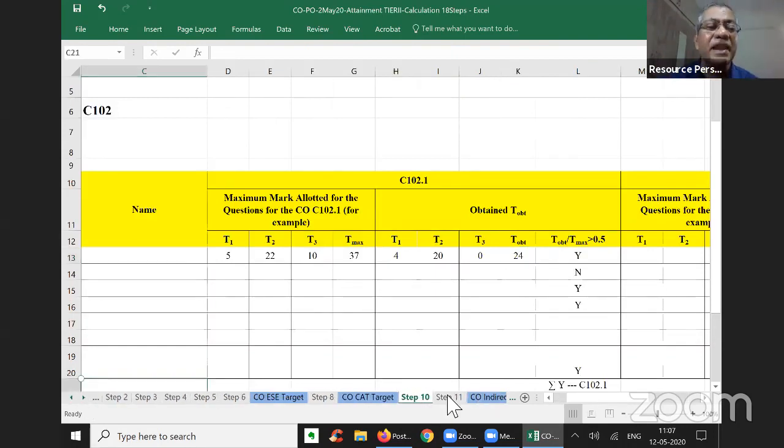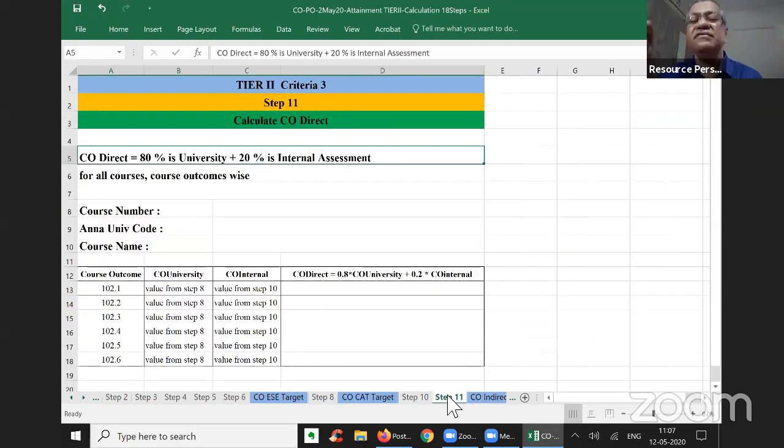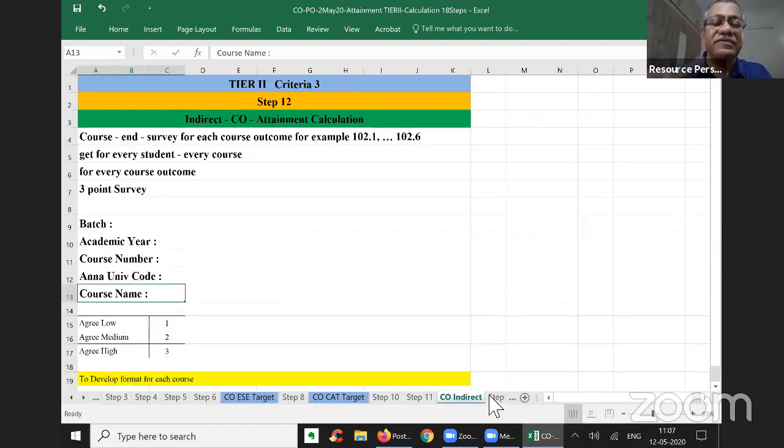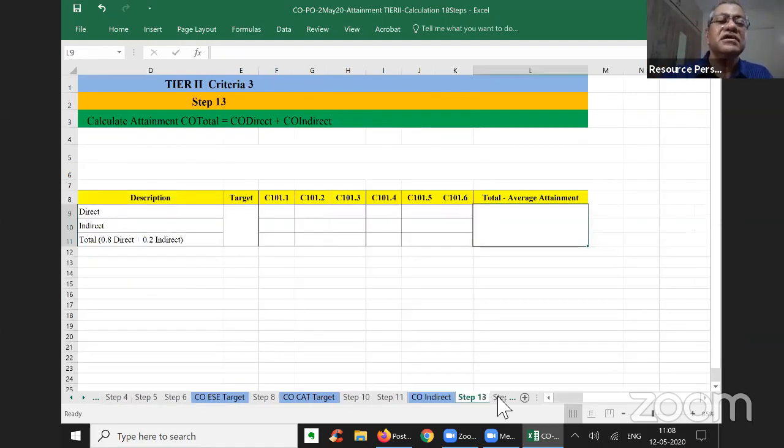Then comes step 11, 80-20. I am calculating the CO direct, only CO direct, not the total CO. Then comes CO indirect. I have taken a course outcome survey form. Then comes total CO attainment, or CO total, course outcome-wise.